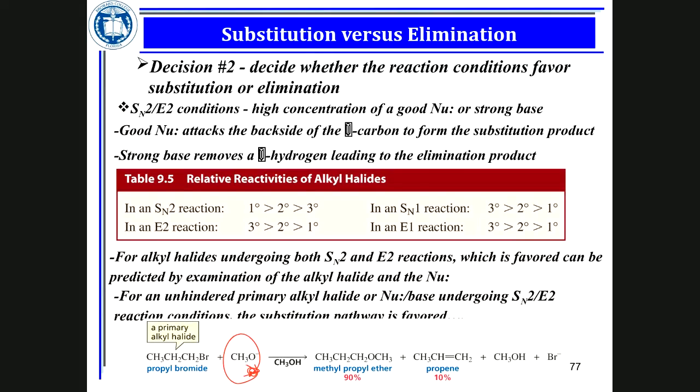For both E1 and E2, you realize that tertiary is better. For E1, because it gives you a more stable carbocation. For E2, it gives you a more stable product. So if it's tertiary, the chance of having a more stable product is higher. So for both E1 and E2, tertiary is better than secondary, better than primary. SN1 is tertiary, and for SN2 it is primary. So if you have a primary alkyl halide,